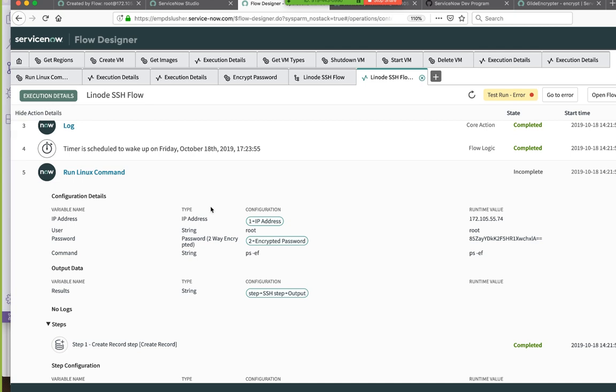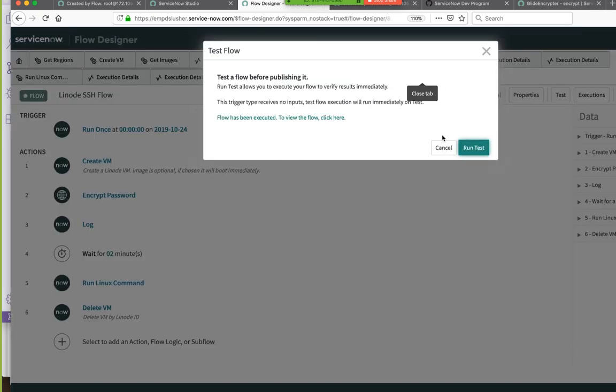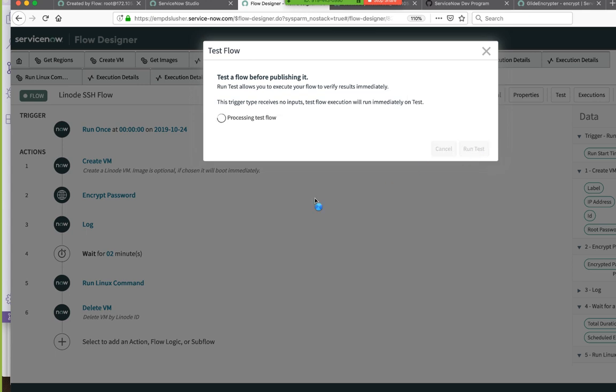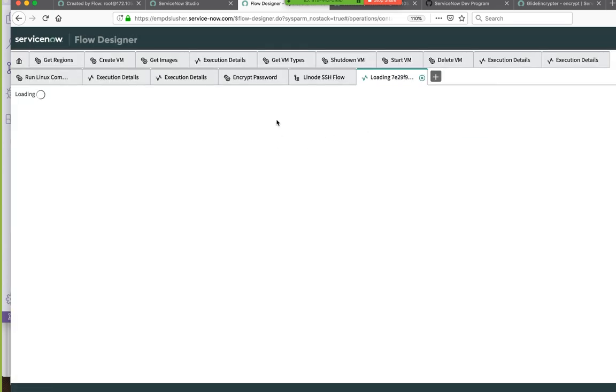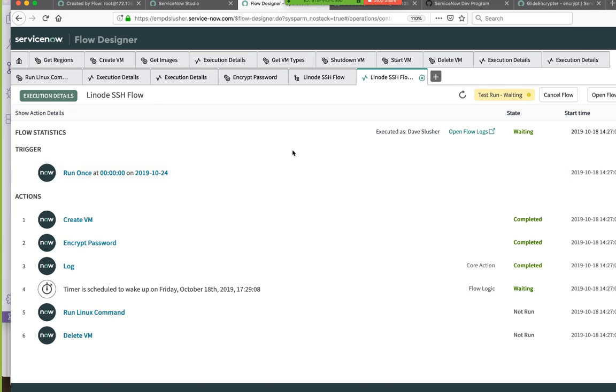Okay, let's just run this guy one more time. And when we get to that point, let's see if you ever see the SSH on your machine. If you see the SSH, that will tell us something. All right, so 29:08 is when that's going to happen.